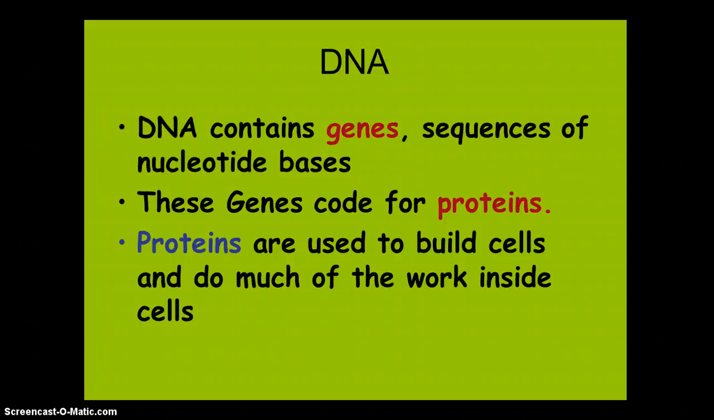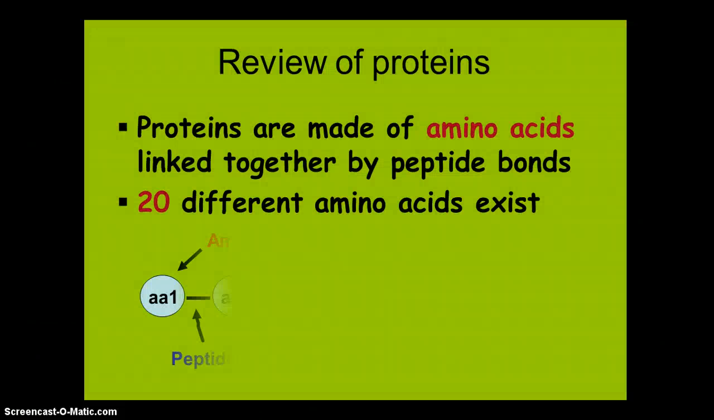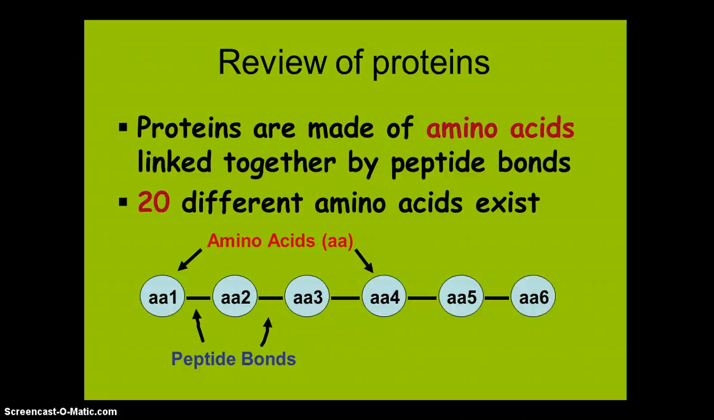So, just a little review. DNA contains genes, which are sequences of nucleotides, and these genes code for proteins, okay? And what that actually means we'll get into a little further, but you should know that the genes tell the cell what proteins to build. And proteins are used to build cells and do much of the work inside the cells. So here's a review of proteins. Proteins are made of amino acids. We just said that. They're linked together by polypeptide,